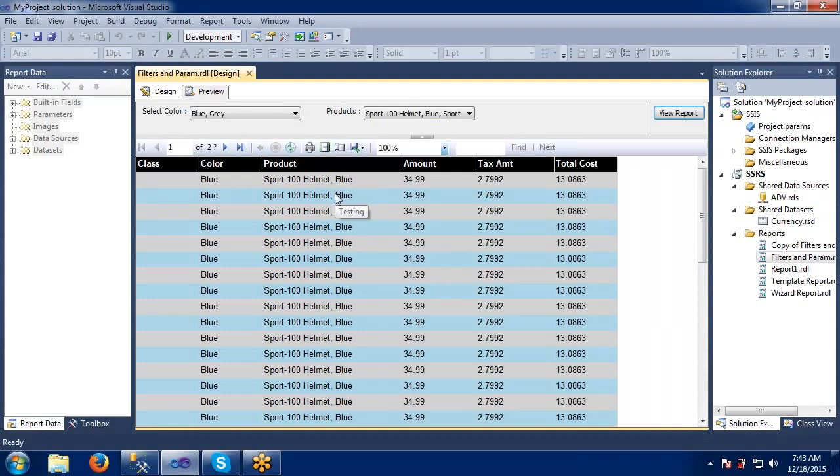See, if you see this tooltip, if you go to any record, it is giving some tooltip here, testing, testing, testing. So we can give anything in that place, or else we can specify something like this is a product report or something. Okay, it's not giving it here. Why? Because we have given it specifically on the product text box only. That's why it is giving the tooltip here only.